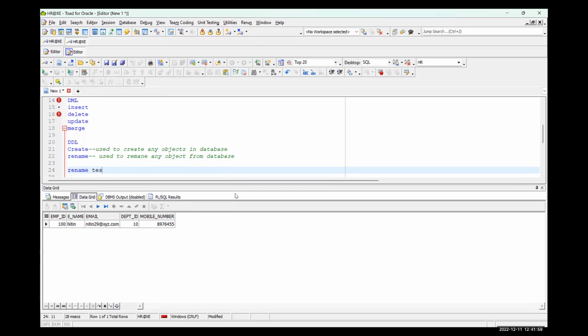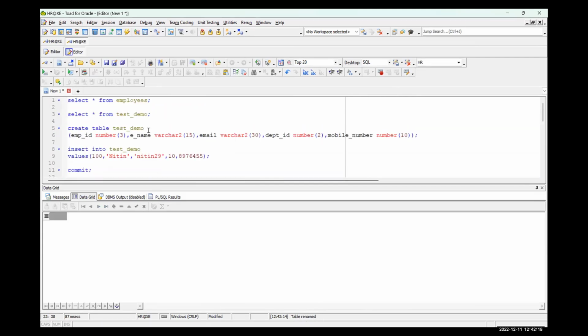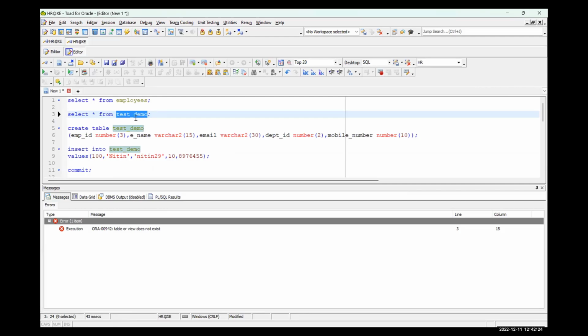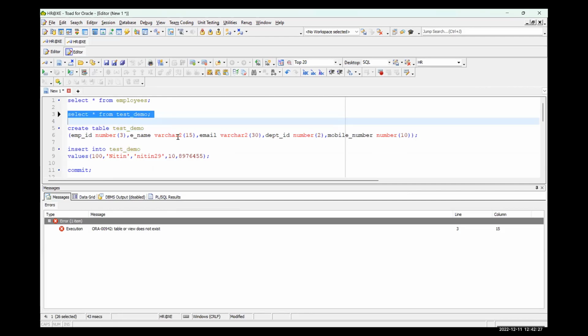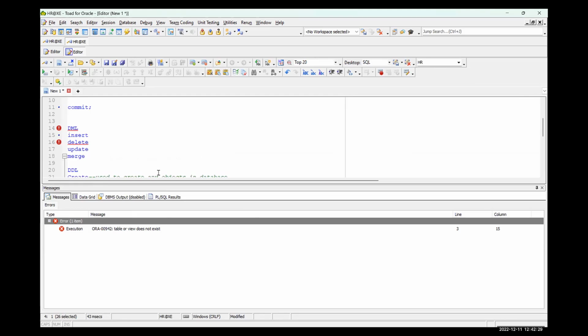We can say rename test demo to demo 3. Table renamed. Now I have renamed this table. If you try to get the data from test demo, it will give you an error: table or view does not exist, because we renamed this table to demo 3.